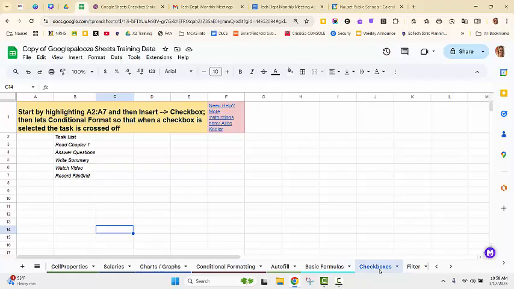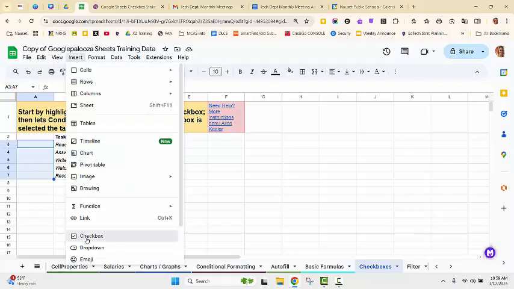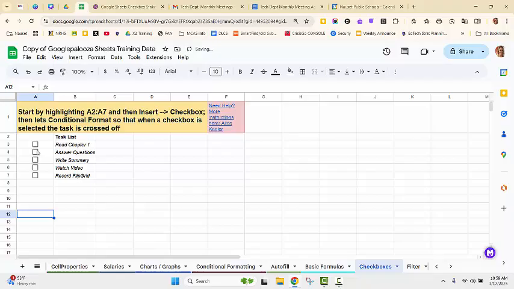This short video is about checkboxes. Checkboxes are great if you have a lot of to-do lists and you need to stay organized. Highlight the cells where you would like to see those checkboxes. Insert checkbox. Now they'll just act like a regular checkbox, but nothing happens over here to the task list, which